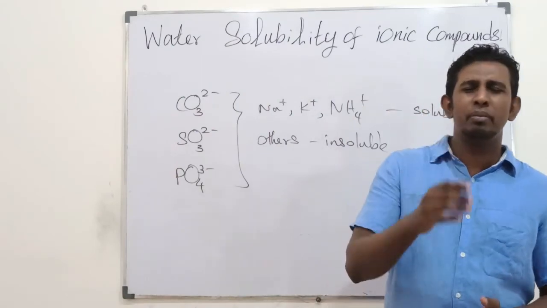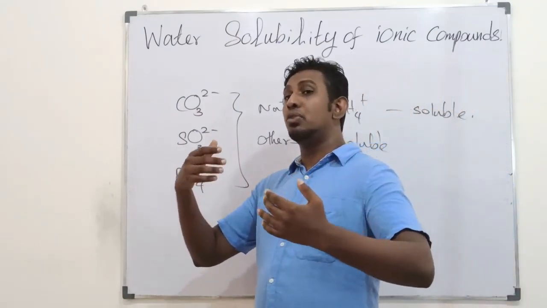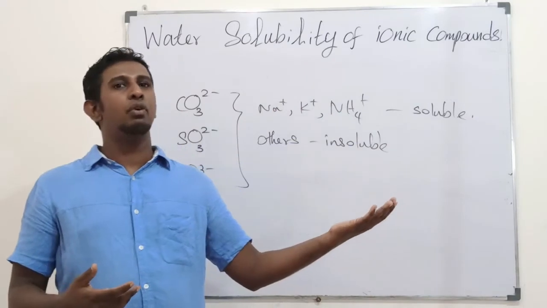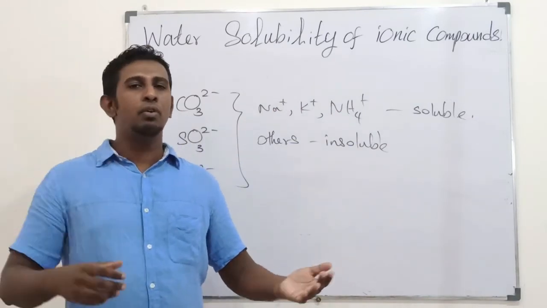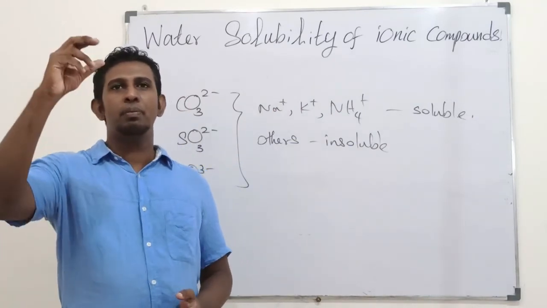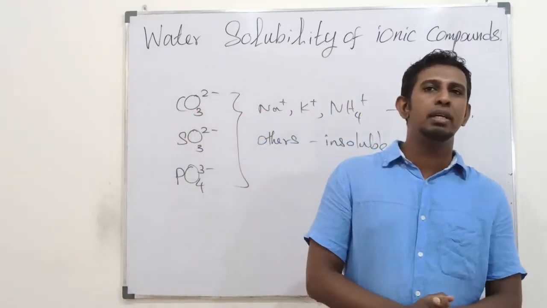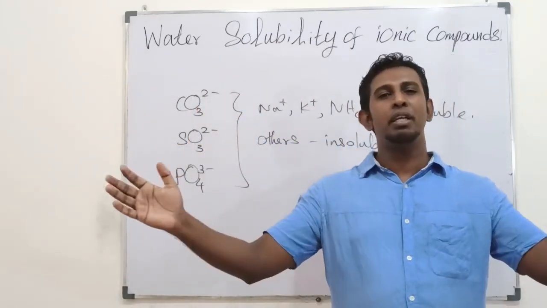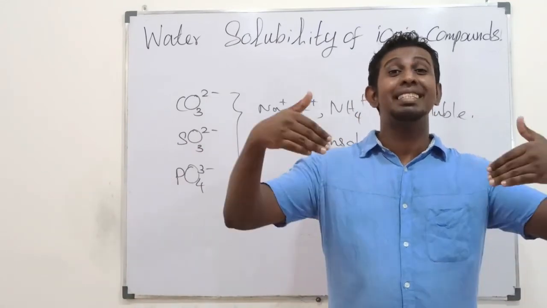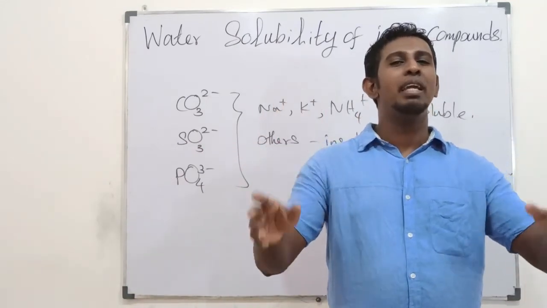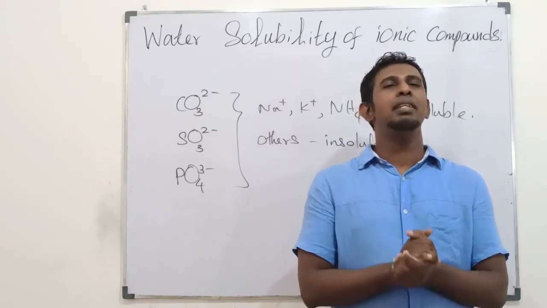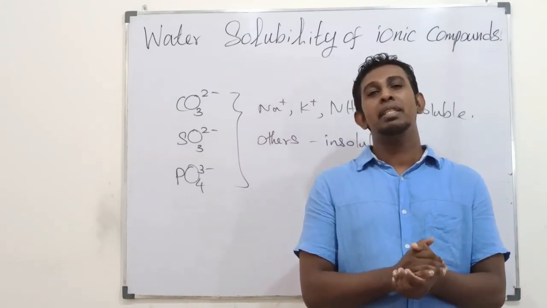When you talk about chromates, sodium, potassium, ammonium substances are water soluble. Down the second group, water solubility decreases. So the top few, beryllium, magnesium, calcium, their chromates are water soluble, and strontium and barium chromates are water insoluble. Except s block, their chromates are water insoluble. Then when you talk about sulfides,